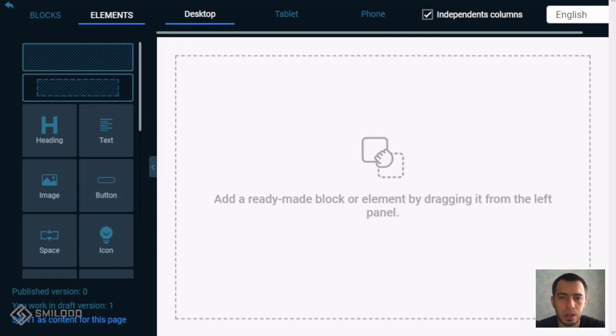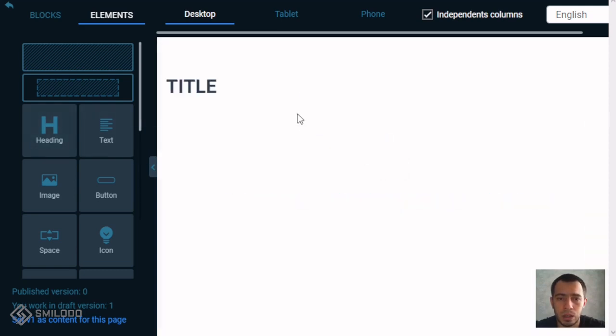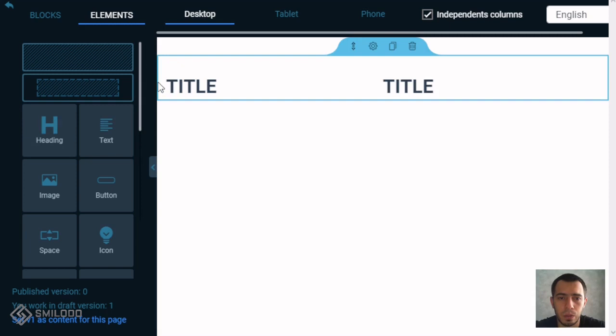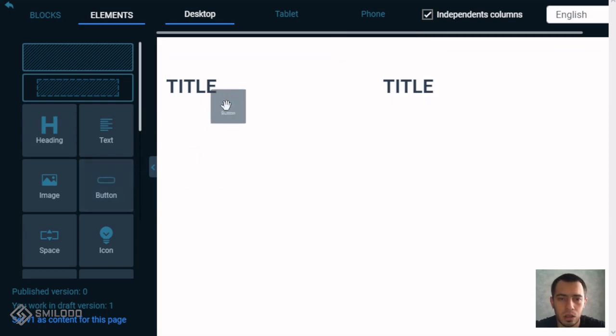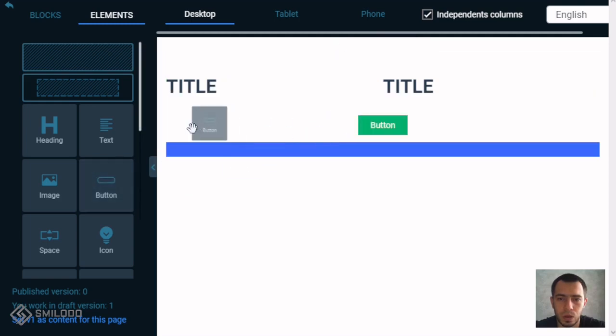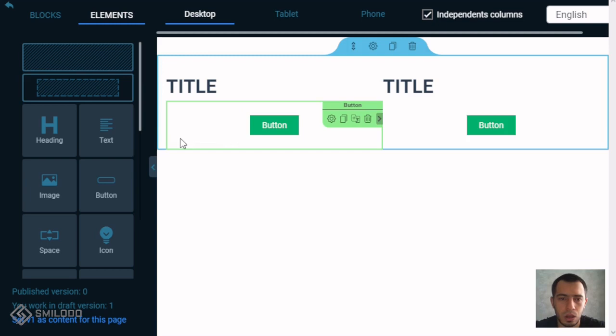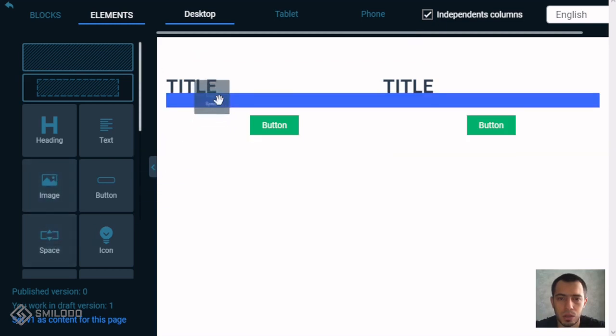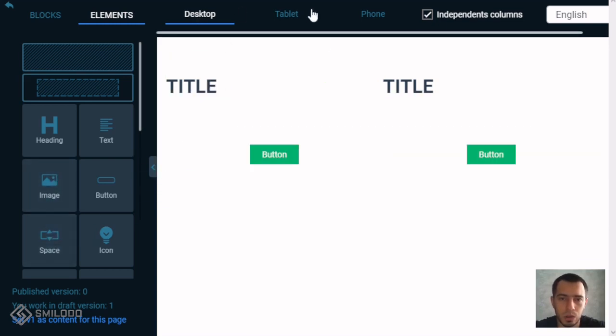First, we need to understand where it's better to use this component, and for example, I'll create some structure and show you the benefits of this component. For example, we need to add several components. We have two columns and something like this. We have columns again, and we need some space, for example, on desktop,